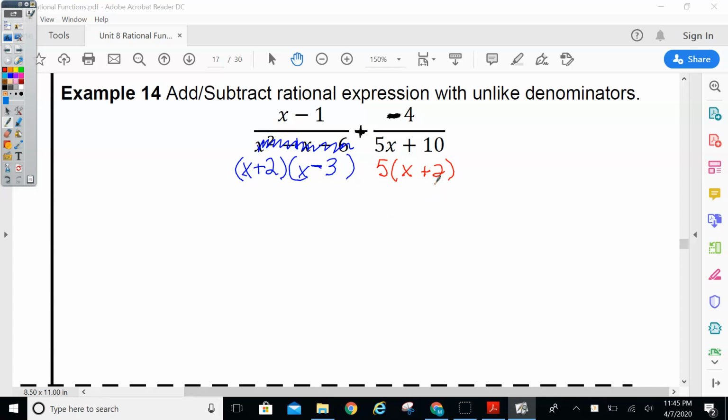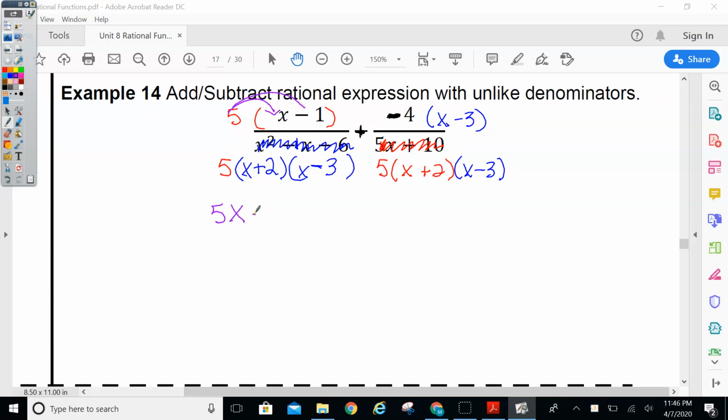Alright, so let's see what's missing. So this one has a plus 2, that this one has, but it needs the minus 3. So here we're going to multiply by x minus 3, and x minus 3 on the top. So this one's gone here. This is the new denominator. Alright, so what does this one need that this one has? Has the minus 3 now, has the plus 2, but it needs the 5. So multiply by 5. So if we distribute the first one, we get 5x